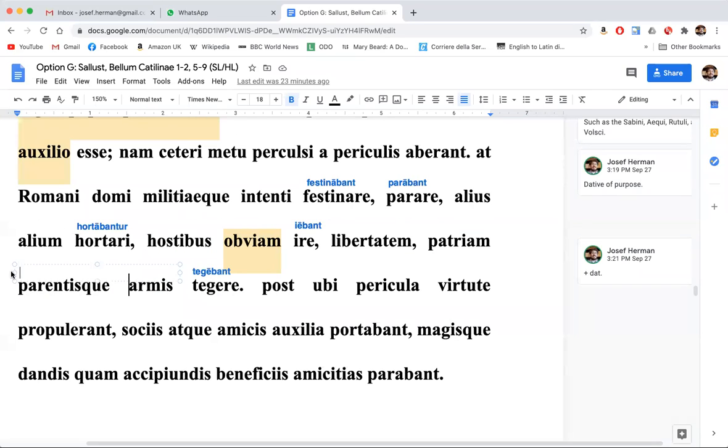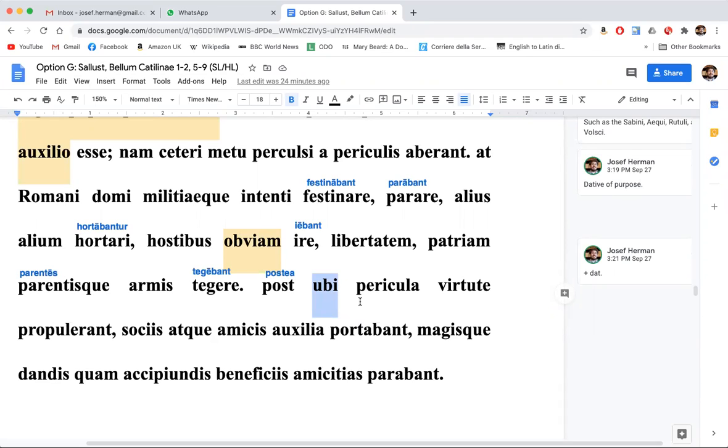And this word parentis, this is a kind of archaic or poetic form for parentes. So it's actually accusative plural because it's another object. And notice here you have this tricolon of liberty, homeland, and parents. Okay, and then moving on, we have this word post, which means afterwards. Again, in a less archaic Latin, this would be postea. Okay, so afterwards. Ubi. Now, ubi means when, but in this case, I think the idea is whenever,